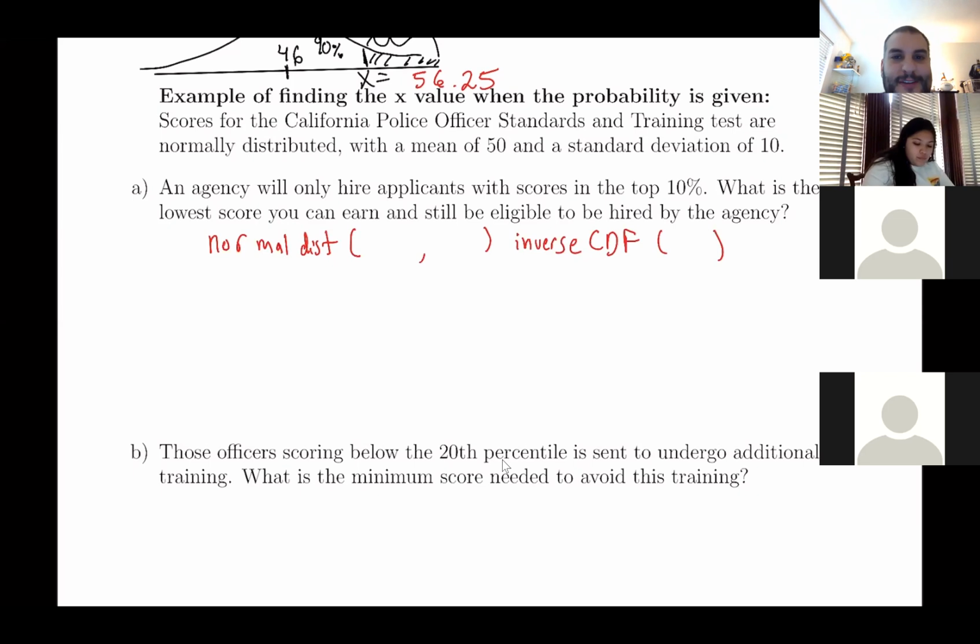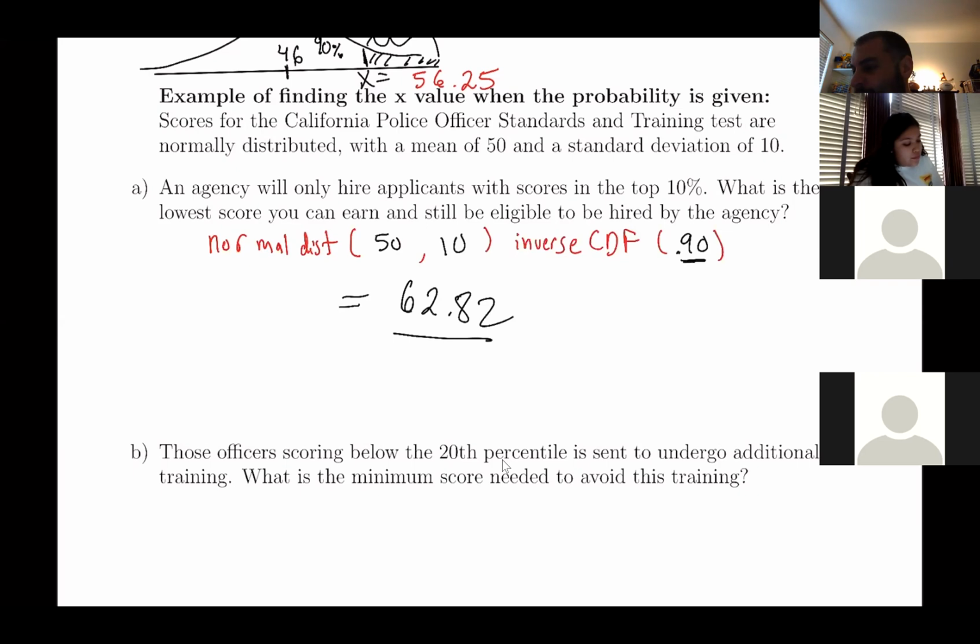All right, so let's try entering this. For the normal distribution, the first thing you have to do is enter the mean. What do we get the mean to be? 50. And then what do we get the standard deviation to be? 10. And for this one, what should we say the area to the left is? 0.90. So if you do all of this, you should get the answer of